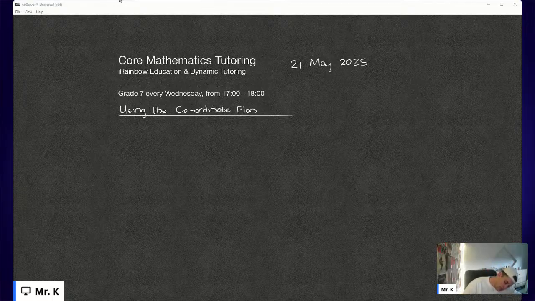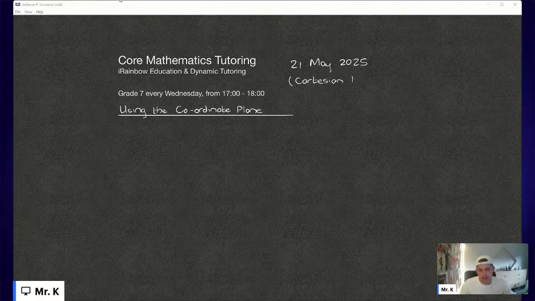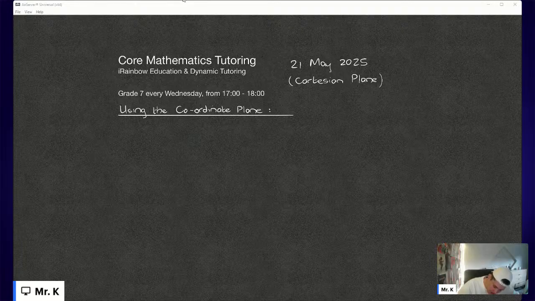Sometimes it is referred to as the Cartesian plane. You guys are going to be using this a lot next year in grade 8. And if you keep up with Maths Core or Maths Pure, you guys will be using this until the end of high school. All right, so let's quickly go through some of the basics again,